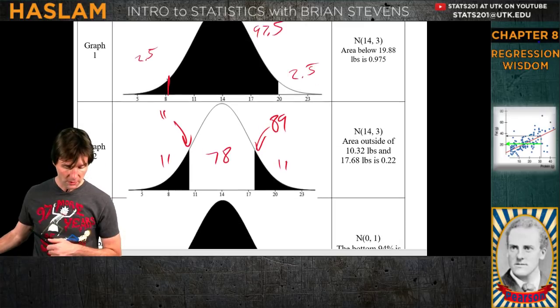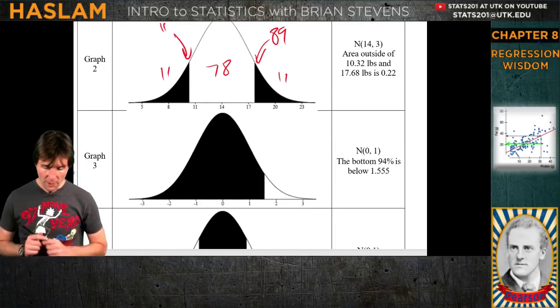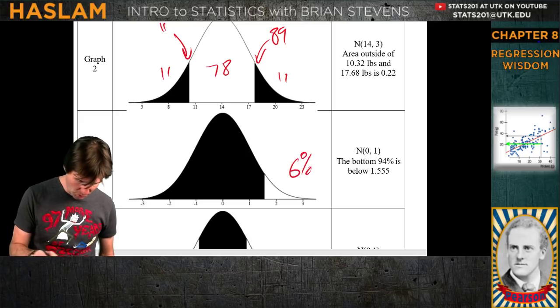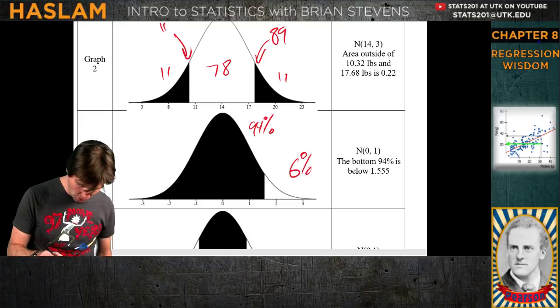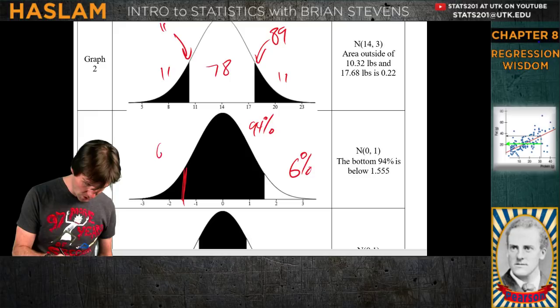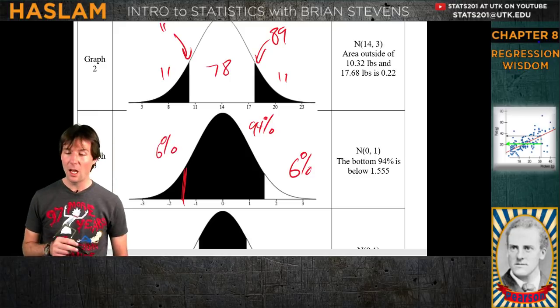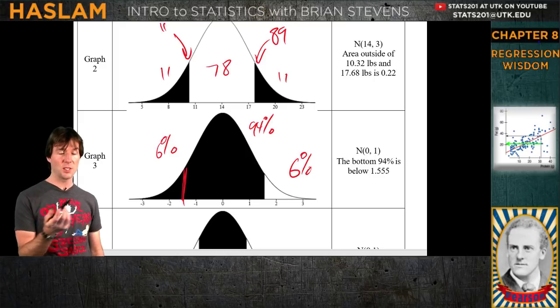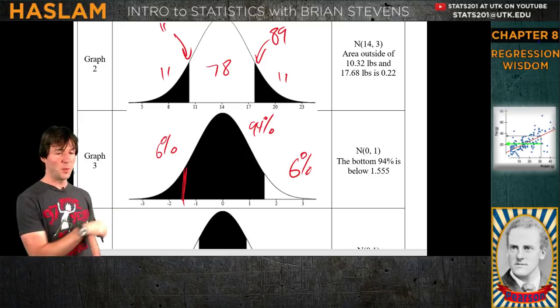Now let's go down here. Let's look at the next one a little bit. This one right here has 6% here. Sure, we'll put a percent on that one. This one is 94%. We could also use it to flip the curve, and it would be right about here to find the bottom 6%. I've done a lot of these questions in the past, and these are some of the big requests. People say, well, how do we solve all these things without the normal applet? We can give you pictures.